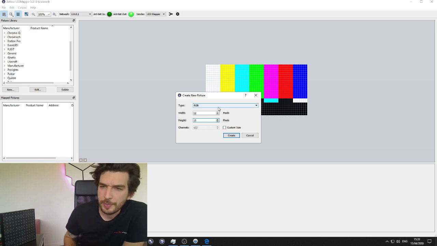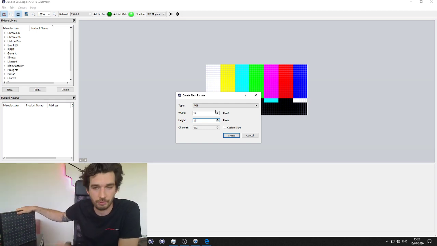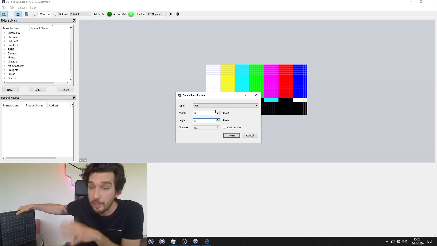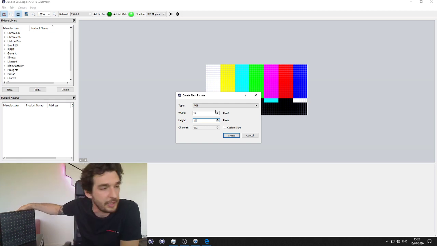And you see here a special option, custom size. Custom size is for fixtures that are not like that. This is just a pixel matrix. That fixture is only pixels. There are no macros, no dimmers, no pan and tilt. Obviously, it's a square of pixels. So my channel count is 432.